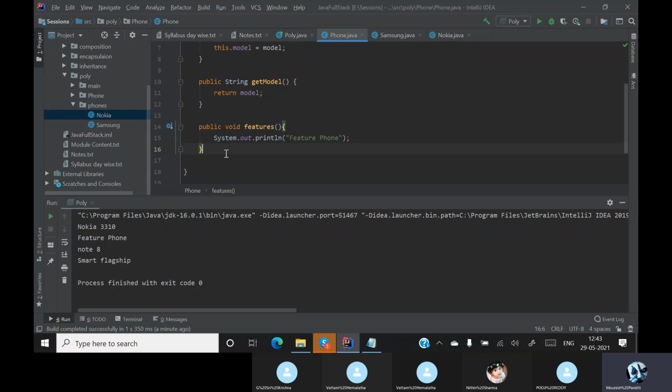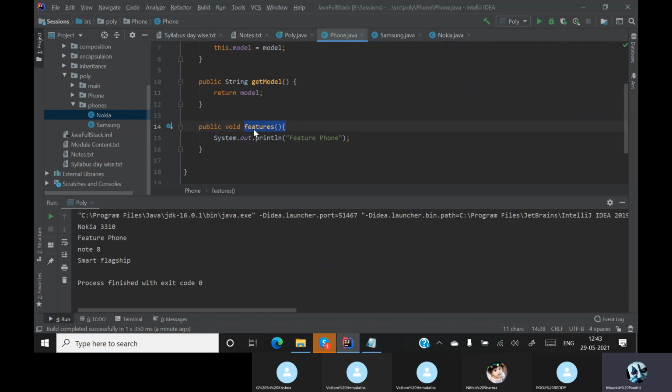Okay, so understand over here, this features is working in two ways. Okay, first of all, polymorphism. Poly means many, morphism means properties. One item having many properties. Polymorphism means one entity having many properties.